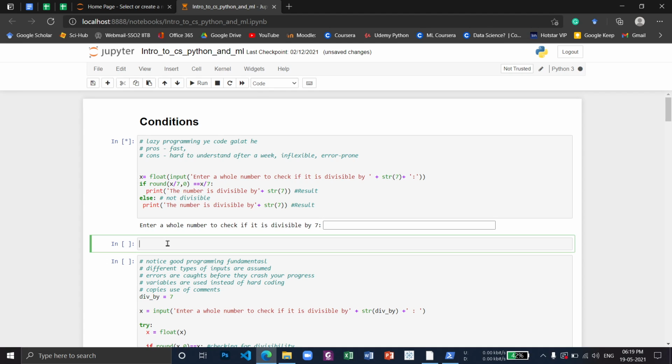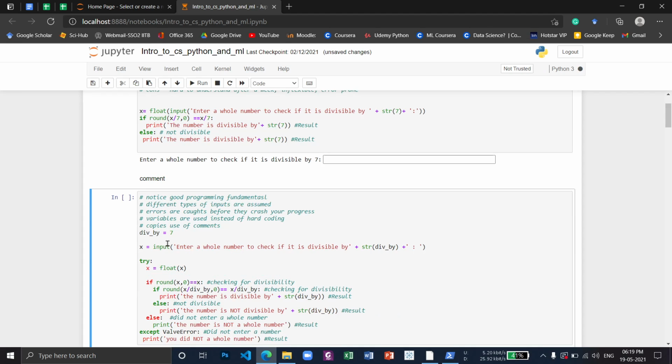First I will convert to command mode by pressing escape, then I will press M. Then I will press enter, shifting to edit mode. Here I will write anything and then press shift enter. See, here I have made that cell into markdown without using the options.